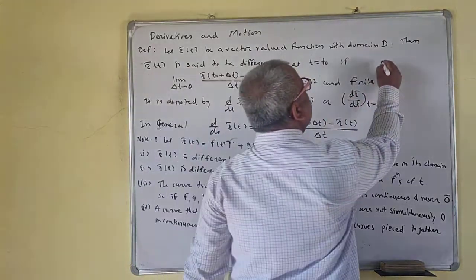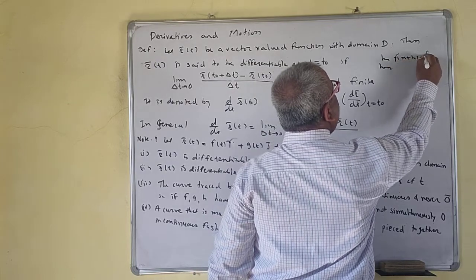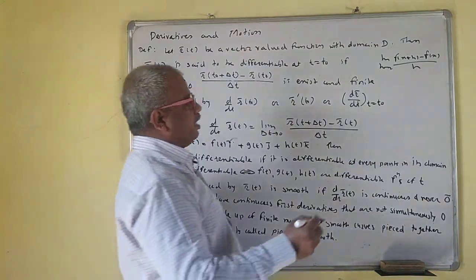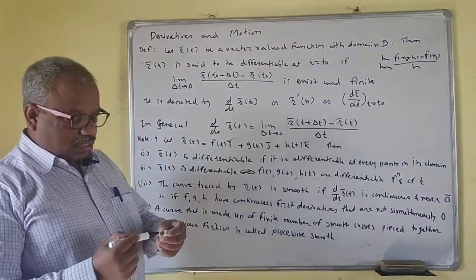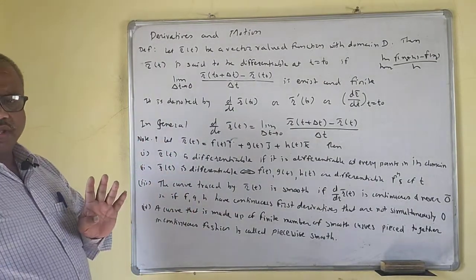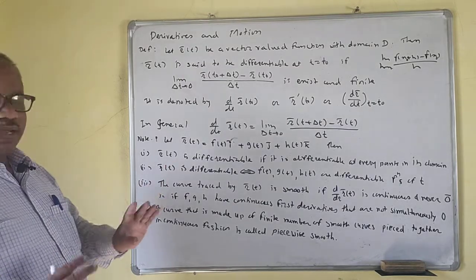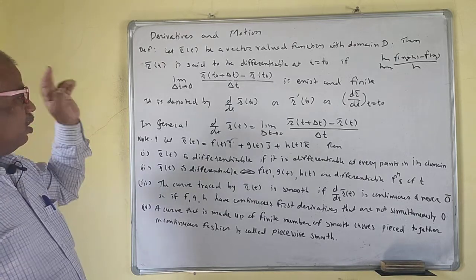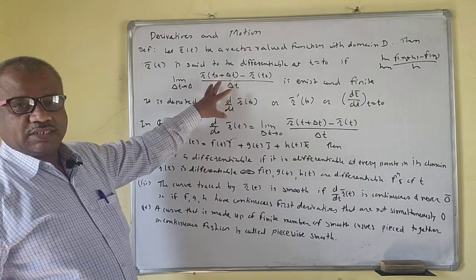It is the limit as h tends to 0 of f of x plus h minus f of x upon h. You know that f is differentiable at x equal to x naught, and you write x naught here. The same definition is used here, so the derivative is also the same. Only it is a vector, so we have to take care of the i bar, j bar, k bar components of this vector r bar. If this limit exists and is finite,